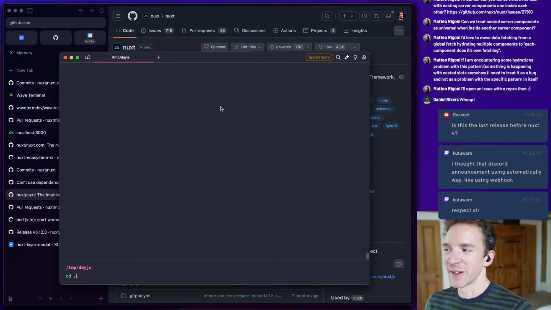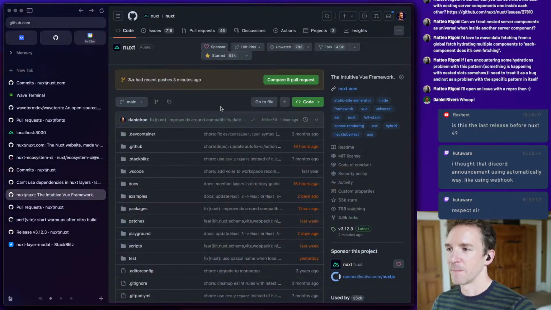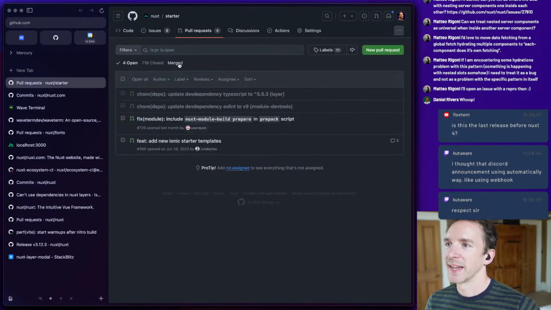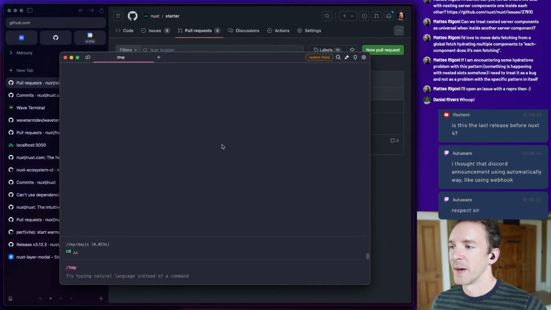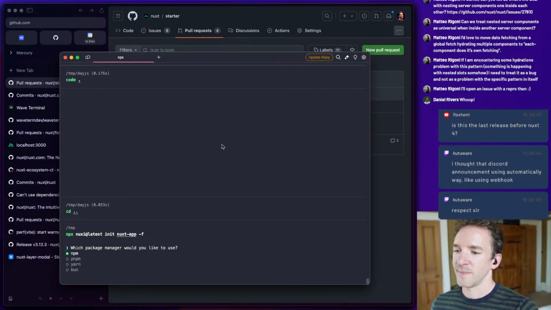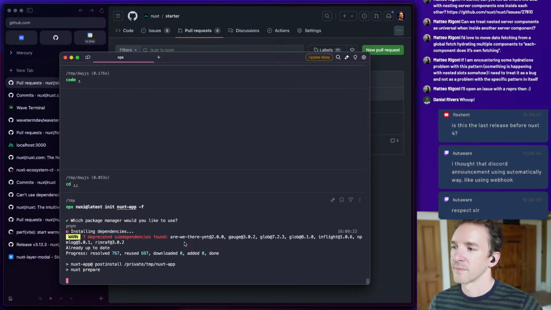Should we create a new project? So we do have the starter templates, which typically need to be updated. But if I start a new project, it should pull in the latest Nuxt app. Cool.